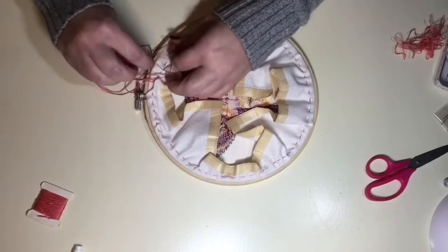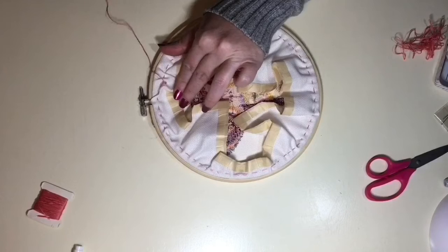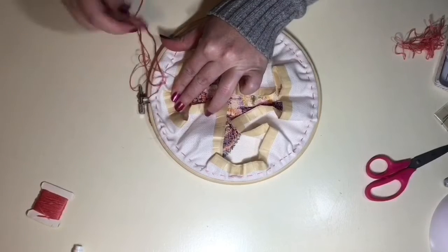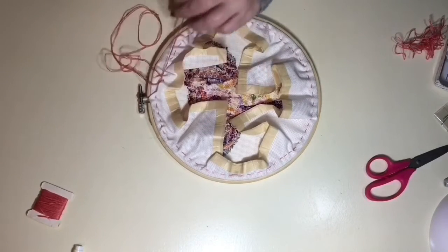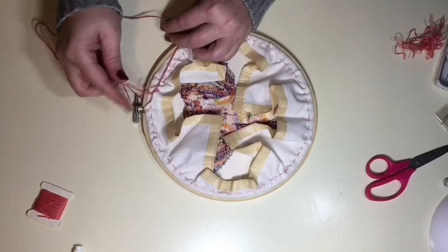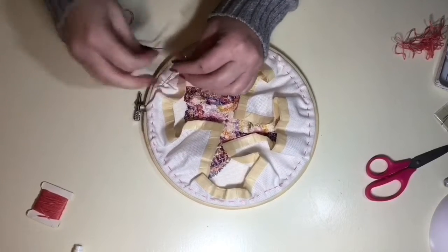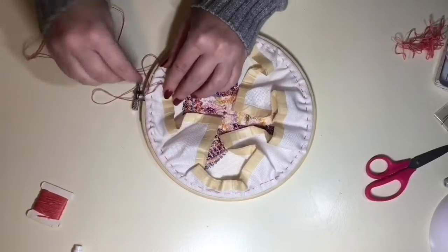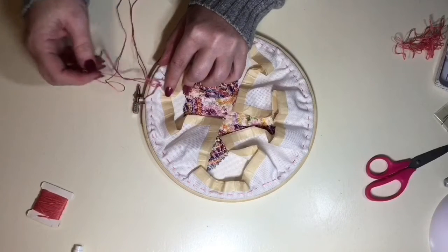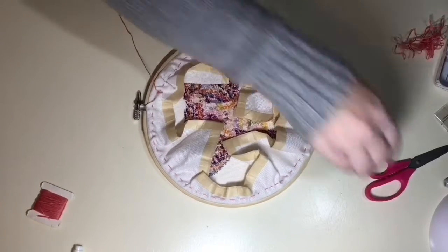And again, none of this is going to be seen, so it doesn't have to be beautiful or perfect or anything of that sort. So by tying off, what I'm doing is I'm just doing twice, where I put the needle through the fabric and then I'll put my needle through the loop and then pull that tight. And that kind of knots it off there, just to hold it in place, because you don't want it to loosen up and let go of your gathering while you're trying to work on the next step. Okay,